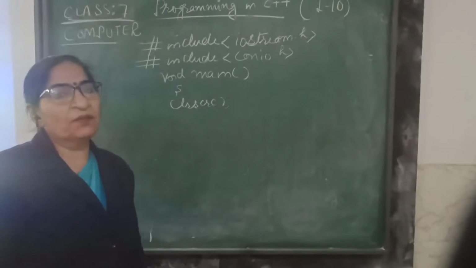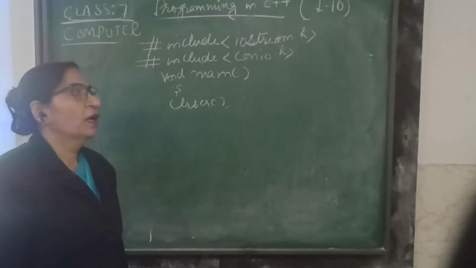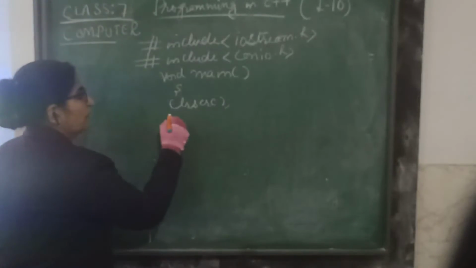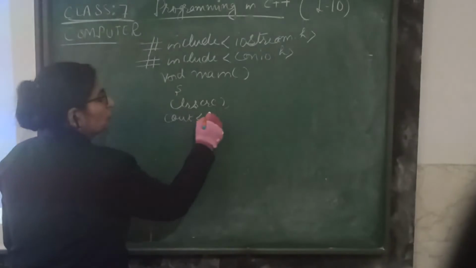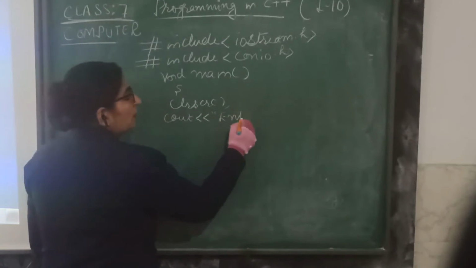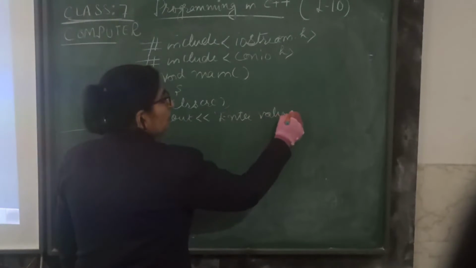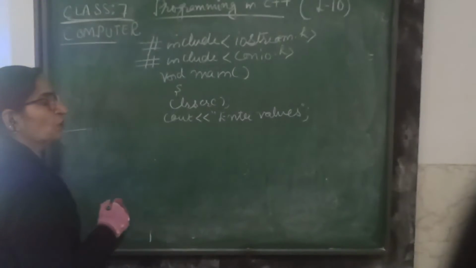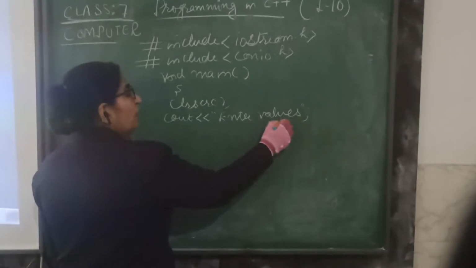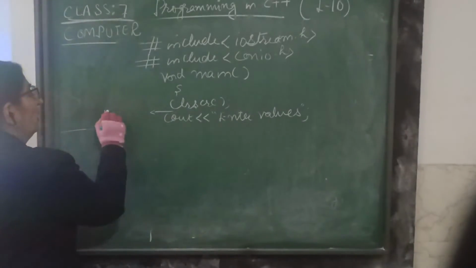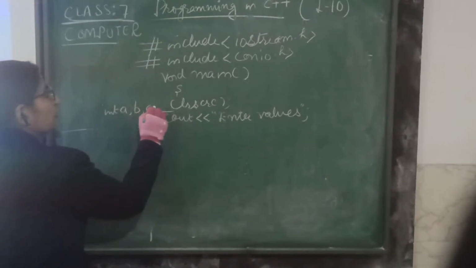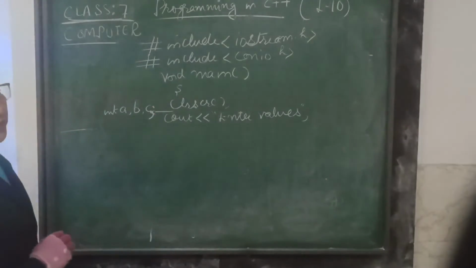After taking the values of A and B, we will find the sum of these two numbers. Now children, we have to declare these variables. For that, give one message, cout, enter values. As you know, we have now used the statements cin and cout. Here the variables will be taken, enter values. Before that, one statement is missed here. Here we write int A, B and C. We declare the variables A, B and C.